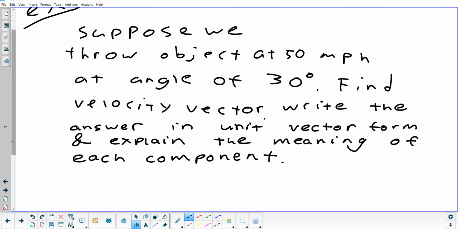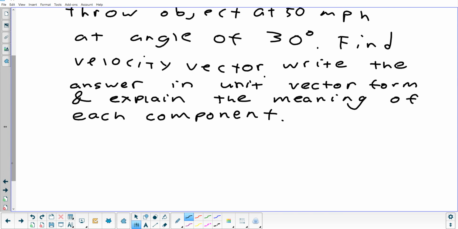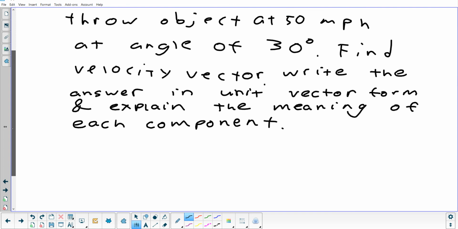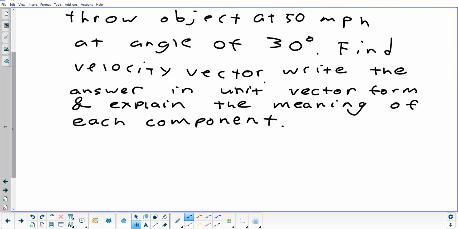Find the velocity vector, and then explain what each component means when we find it. Let's do it with i and j. How would I set up my component for i? What would I need to know? The formula, and I need you to plug those numbers in. 50 is my speed, so that's the magnitude of the vector. Then 50 cosine 30 i, plus 50 sine 30